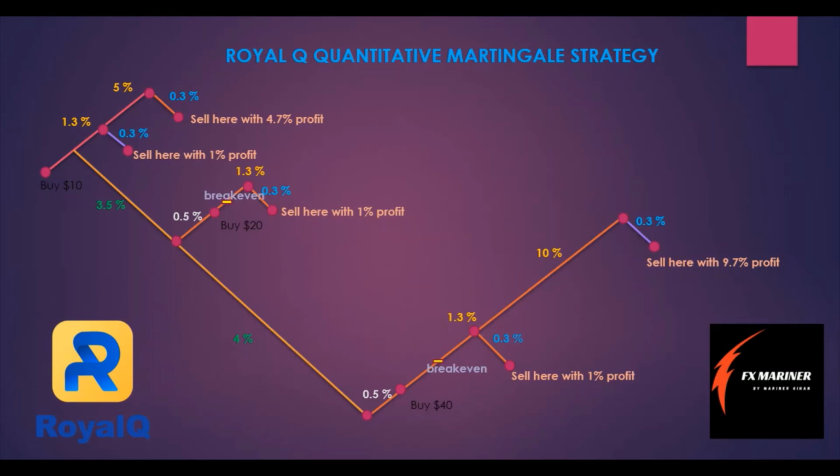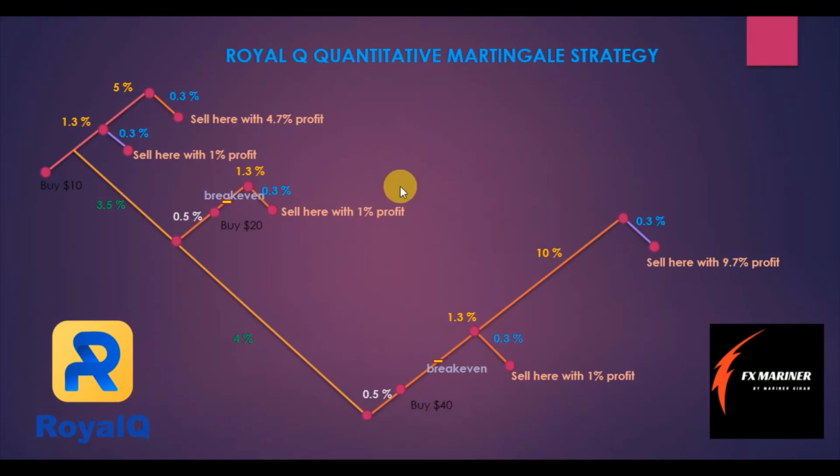This martingale strategy is good for spot trading. So this Royal Cube crypto trading bot uses your spot balance and not your margin or futures, right? The people who do forex are very comfortable with this martingale strategy, but for forex trading it is very dangerous to use if you don't know what you are doing, because forex is leveraged trading. But when it comes to spot trading crypto, you don't have that risk because it is not leveraged.